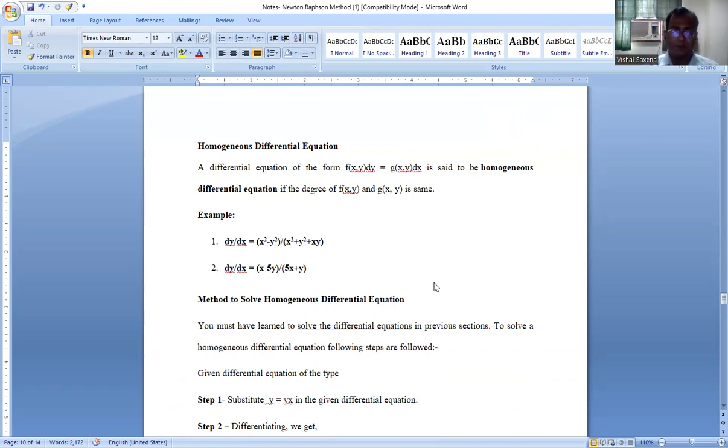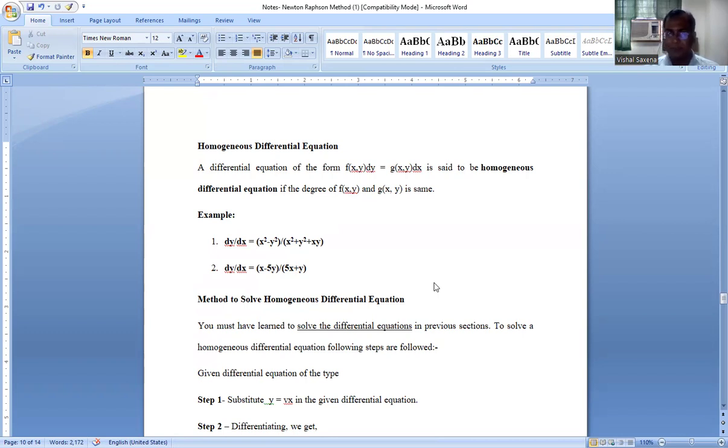Today I am going to discuss the module Homogeneous Differential Equations and its solutions. This module is a part of the course Business Mathematics under the program of BBA and BBA LLB second semester. So today's lecture is about homogeneous differential equations and the method by which we can solve a